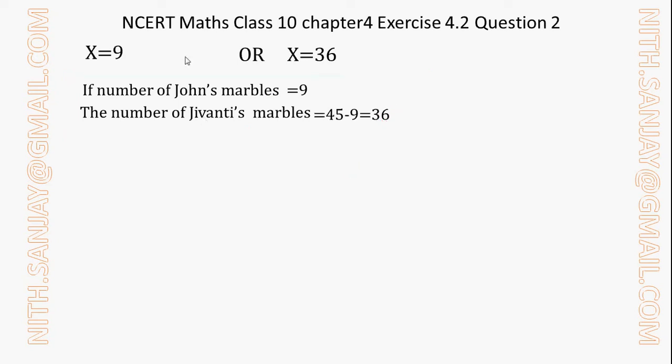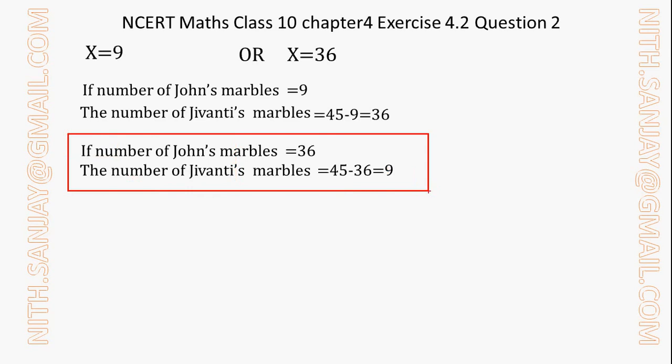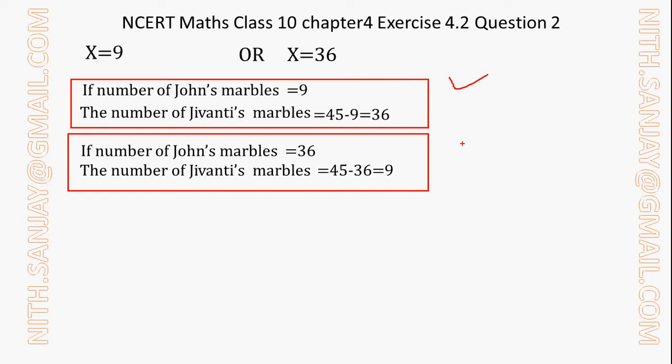And if we take x is equal to 36, the number of marbles with John will be 36. In that case, the number of marbles with Jivanti will be 45 minus 36, which is equal to 9. So this is also a solution of this equation. So both of these are solutions. You can write either one of them as a solution, or you can write both as a solution. So this is the solution of part 1 of question number